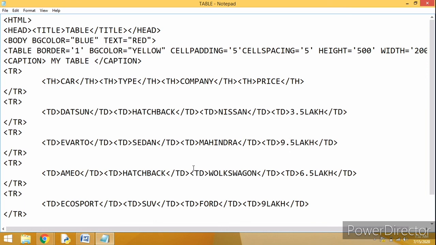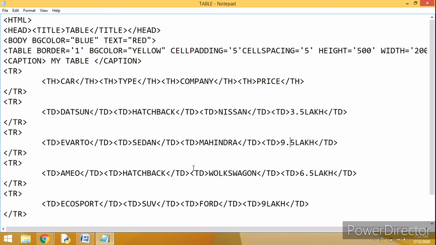And the table row contains either the table heading or the table data. So the table data is created by which tag? TD. TD. And the table heading is created by? TH. Table heading is created by TH, whereas the table data is created with TD. And all the tags which we are using in a table require both the on and the off switch. What does it mean? We need to have the on tag as well as the off tag, isn't it?